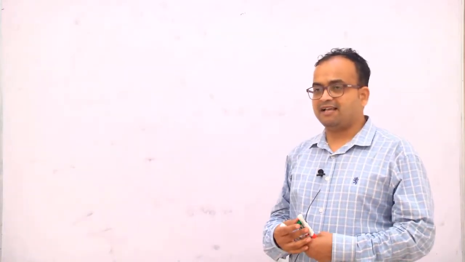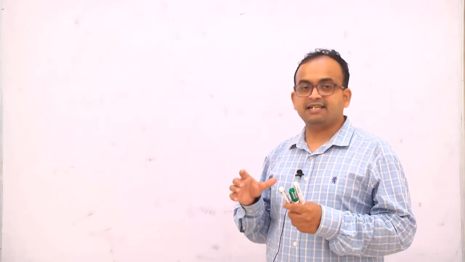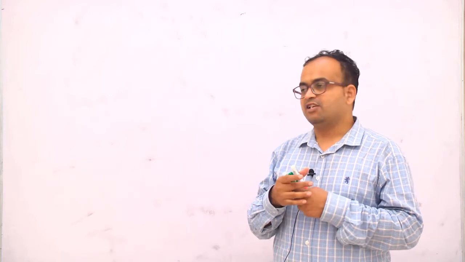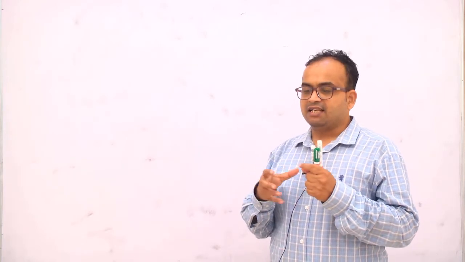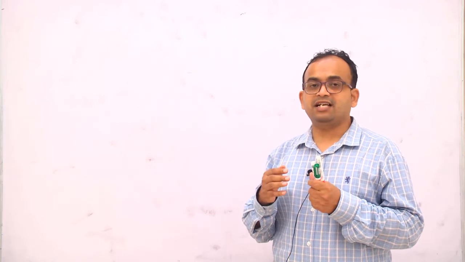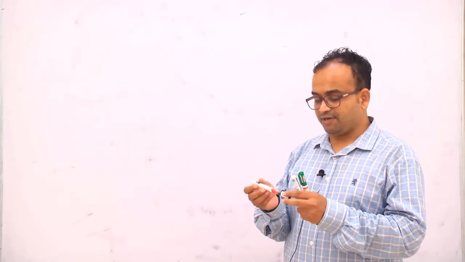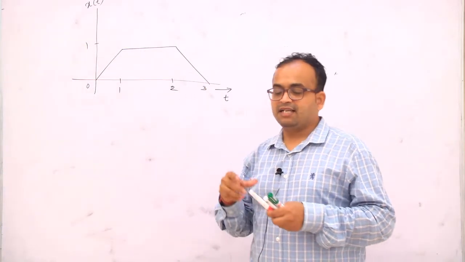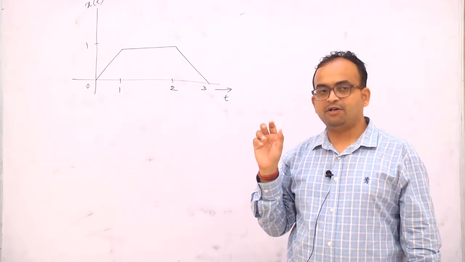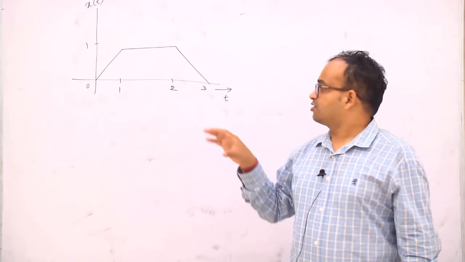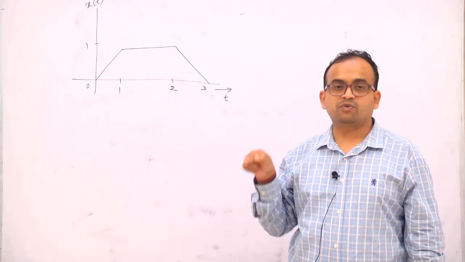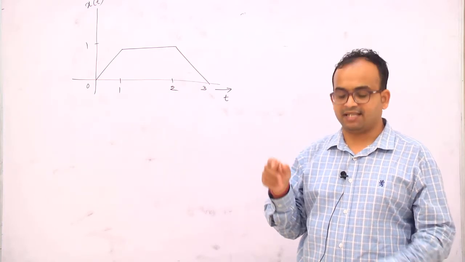Now see, I am taking an example of how to draw. Previously I have taken an example of a signal that can be drawn by using the unit step. Now I have to draw a signal which can be drawn by using the ramp signal. I am taking a simple example. Previously we have seen that any signal we can draw by using a unit step signal, right? So now what is the question? The question we can write is that the signal x of t we have to represent by using the ramp signal.